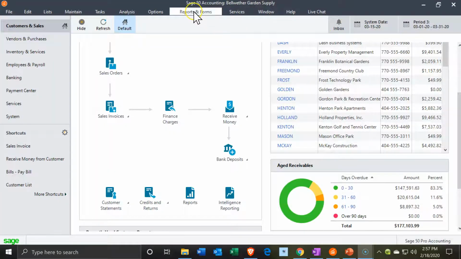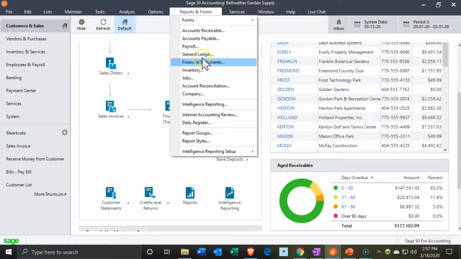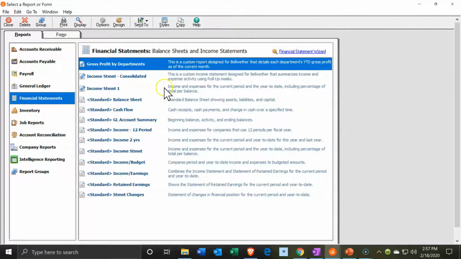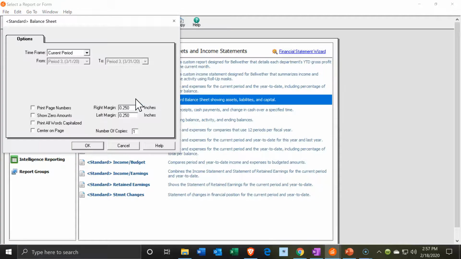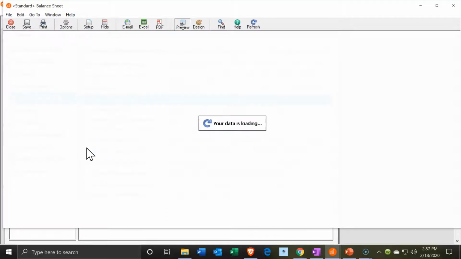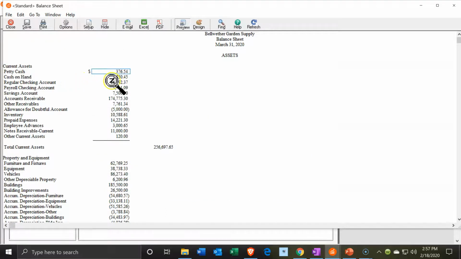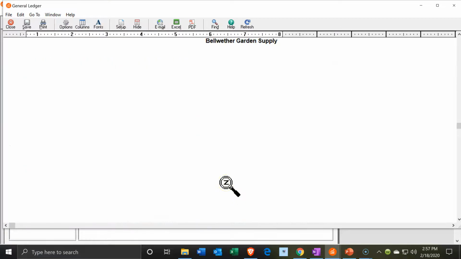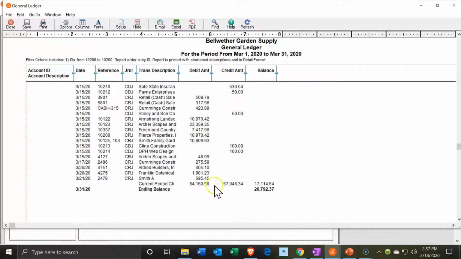Let's open up our financial statements. We're going to go to the reports drop down. We're going to be opening up those financial statements. Let's go back to the balance sheet, opening up the good old balance sheet. Once again, I'm going to keep it in the current period this time for March, and I'm going to open that up. And then we should see in the checking account, if I double click on the checking account, scrolling down to the bottom, the end of March, and we have this